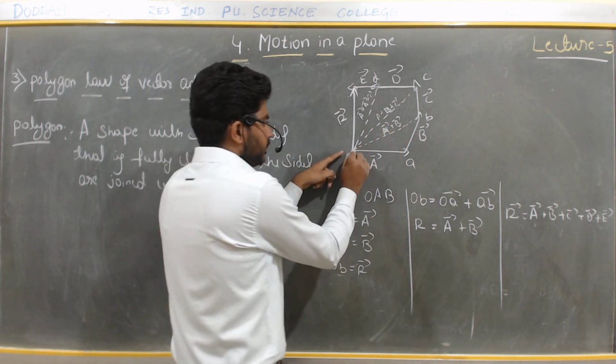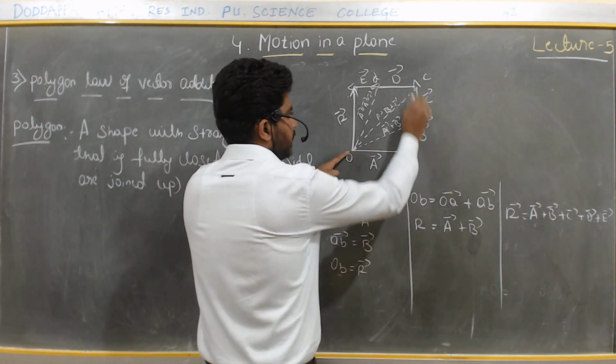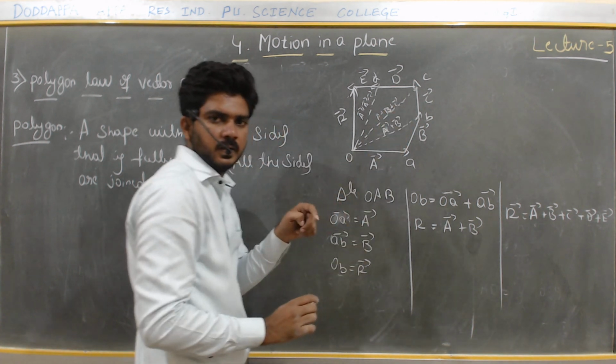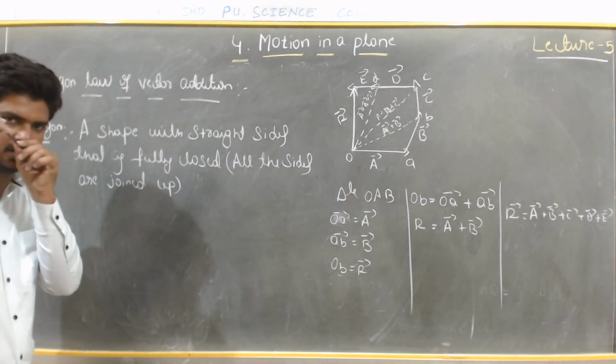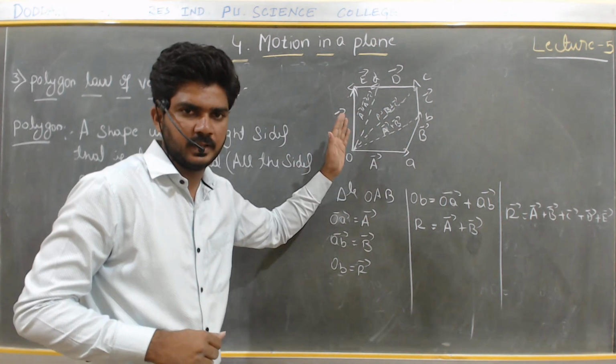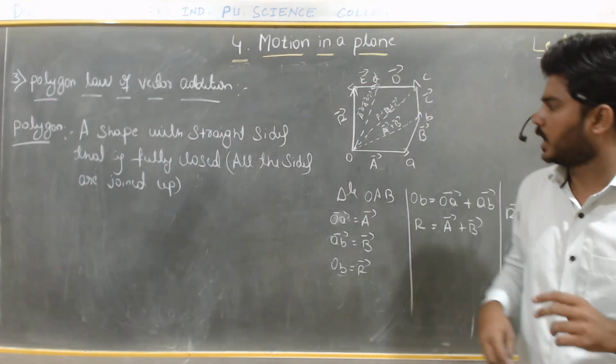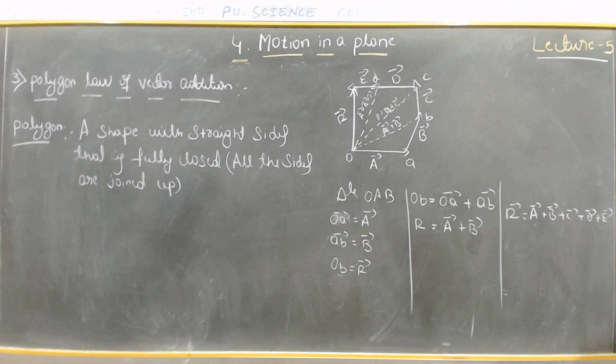So at that time it acts as the triangle OBC. At that time the resultant vector is OA. So you can practice, you will understand, right? So I have written directly. If you have any doubt, then you can ask in the other classroom, that is in the app, right?